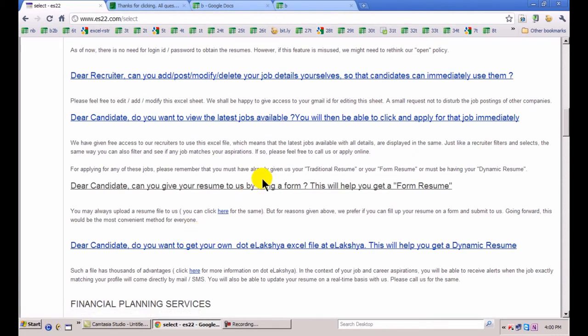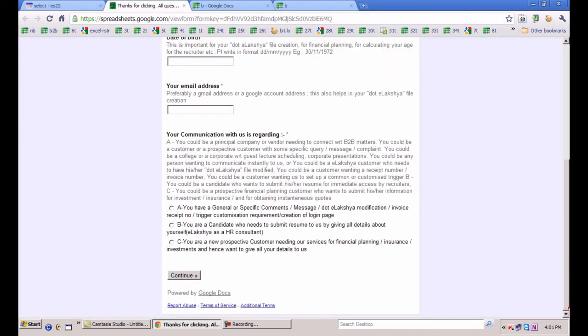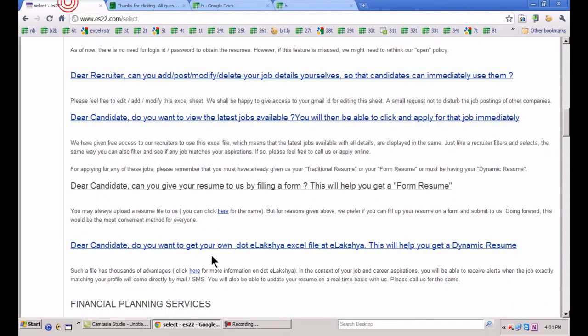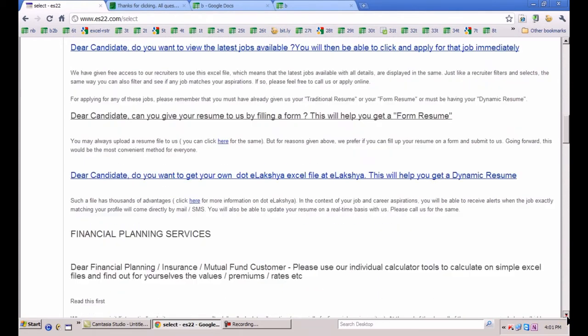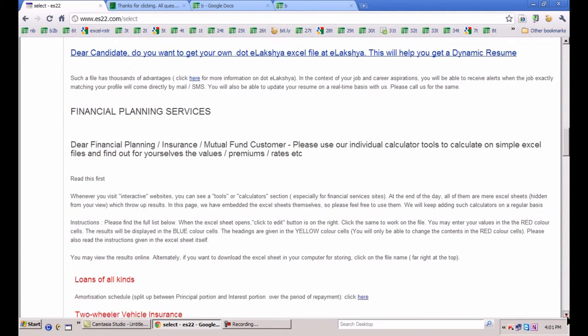The candidate can give us a resume by uploading his or her resume through us, or they can also fill up this form. And this form goes into that Excel resume. This is how the form looks like. There are about some 30-40 questions which together form an Excel resume of the candidate. Of course, we are proceeding towards video resumes, which means that we are trying to eliminate the need of a first round of interviews by means of the recruiter seeing the video profile or the video resume of the candidate.